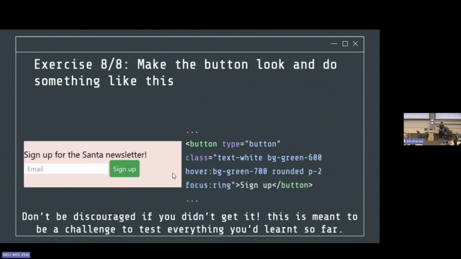Correct. Yeah, it makes the corners rounded. P2. Remember what P means? Oh, sorry. Yes, padding. And 2,